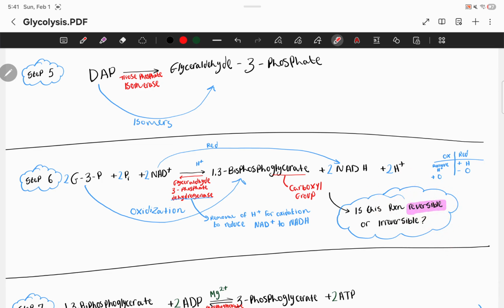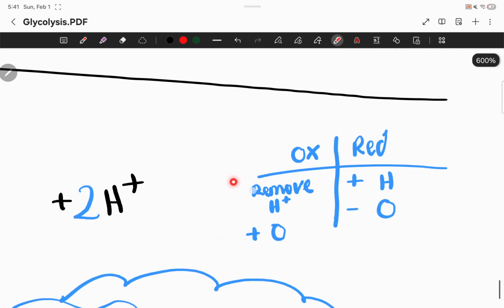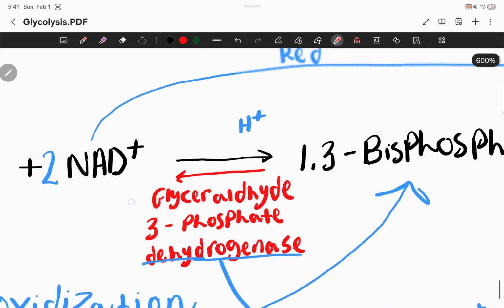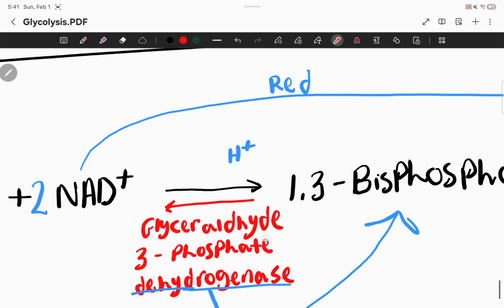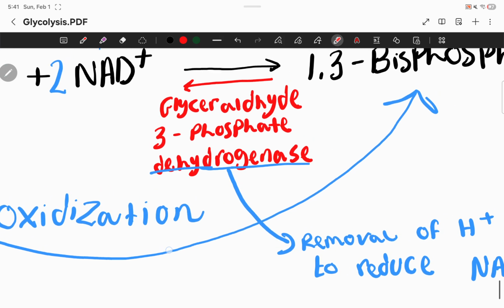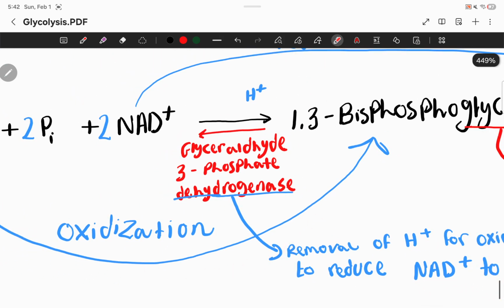Now again, this reaction is reversible. So basically this is a recall. Oxidation is basically removing a hydrogen, adding an oxygen. Reduction is the addition of a hydrogen, removal of oxygen, okay? Now, right here, we have the hydrogen ions, which came up in the reaction right here. We have 2 of them,